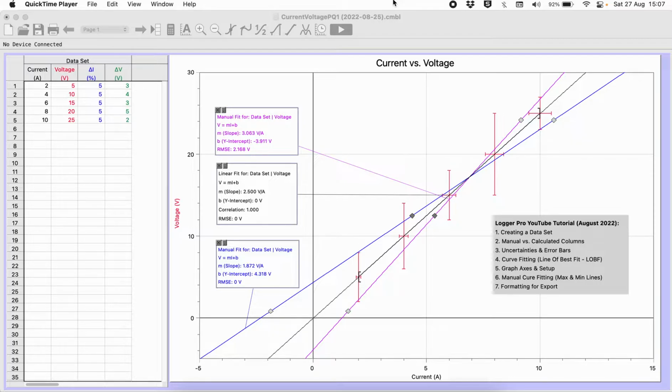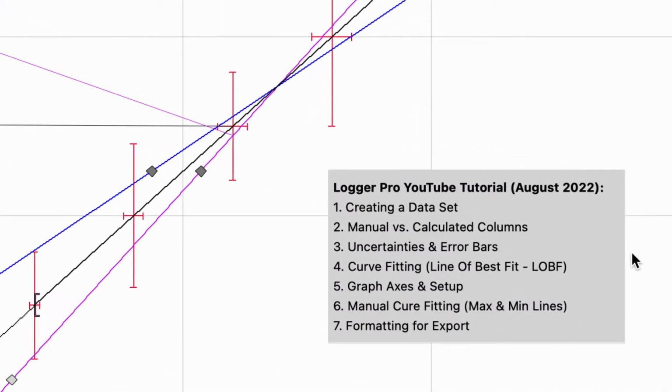So this is a completed graph. This is going to be the goal to do over the tutorial. And you might be able to see down here at the bottom, our goal will be to create a data set, talk about manual and calculated columns, learn how to plot uncertainties and error bars, how to do automatic curve fitting, or what we call the line of best fit, how to set up the axes properly for a clear